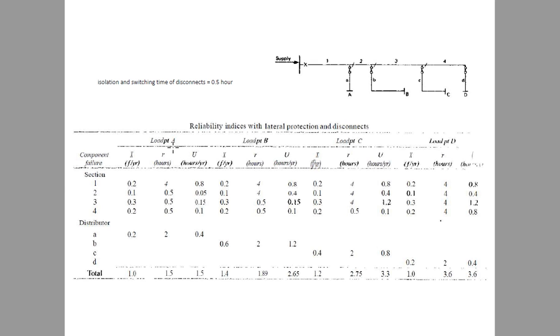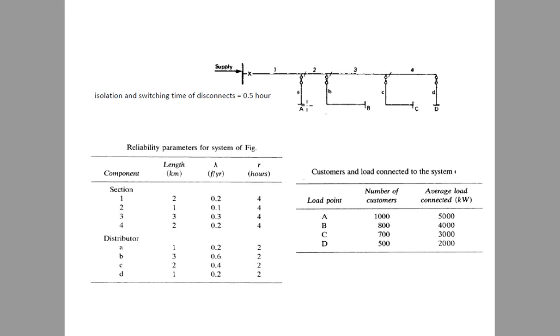First we will take load point A, then load point B, then load point C, and load point D. So first take load point A. When we take load point A, we consider that if a fault occurs at line section 1, then this circuit breaker will operate, because the line section is given with the circuit breaker. This circuit breaker will operate,